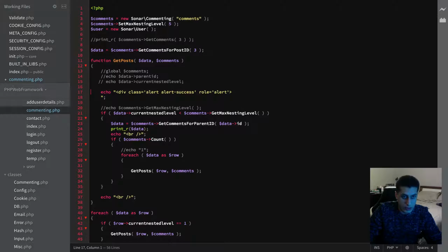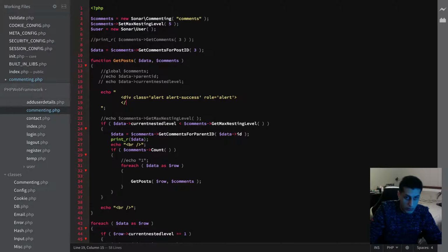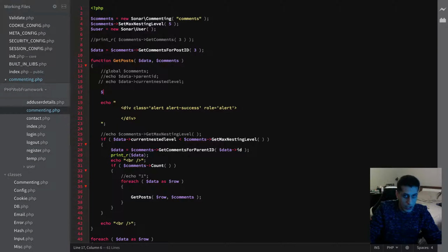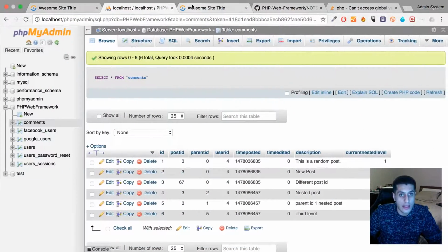And if I were to put a div here, and inside here, if I were to get dollar description equals dollar data description, and I thought if I were to whack this into here, no, I want to put the ending quote over here, and now if we were to rerun,